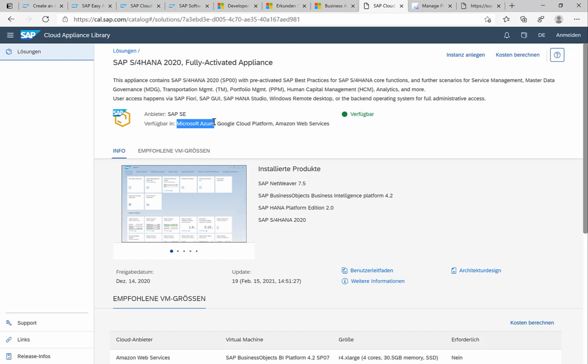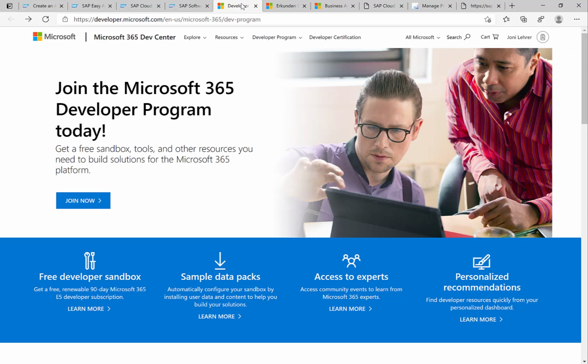So the next thing, now that we have an SAP system, is to take a look at the Microsoft side. And I can only highly recommend to join this Microsoft 365 developer program. With this developer program, you get a free renewable 90-day Microsoft 365 E5 developer subscription, which means you get access to Office, so to Outlook, Excel,